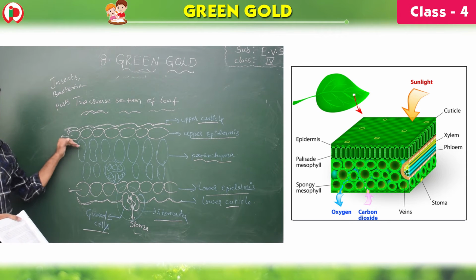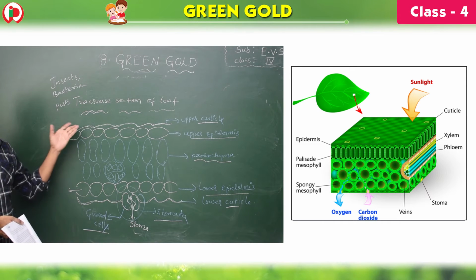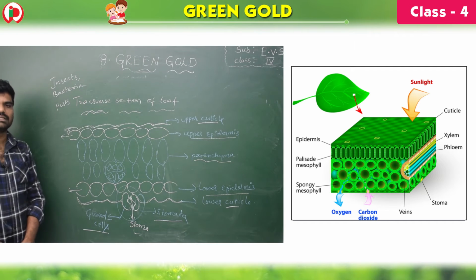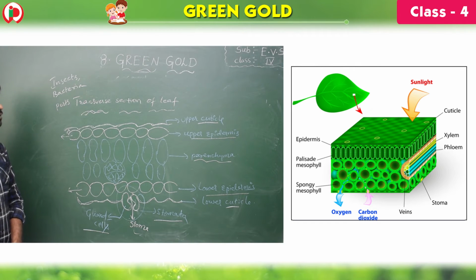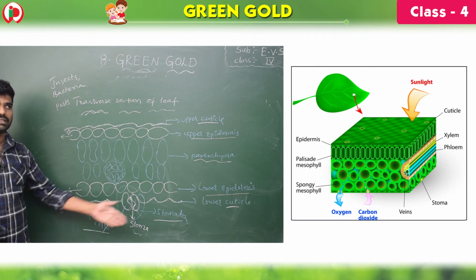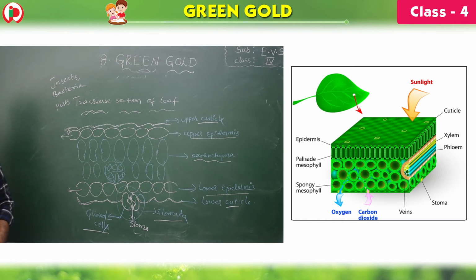The leaf cells are sandwiched between two layers called epidermis, upper epidermis and lower epidermis. This epidermis secretes a waxy substance called cuticle. What will these layers do? They protect the leaf from insects, pests and bacteria. At the same time, a pair of sausage shaped guard cells are also there, and the pore is called stoma. In plural, it is called stomata. This helps in the exchange of gases.